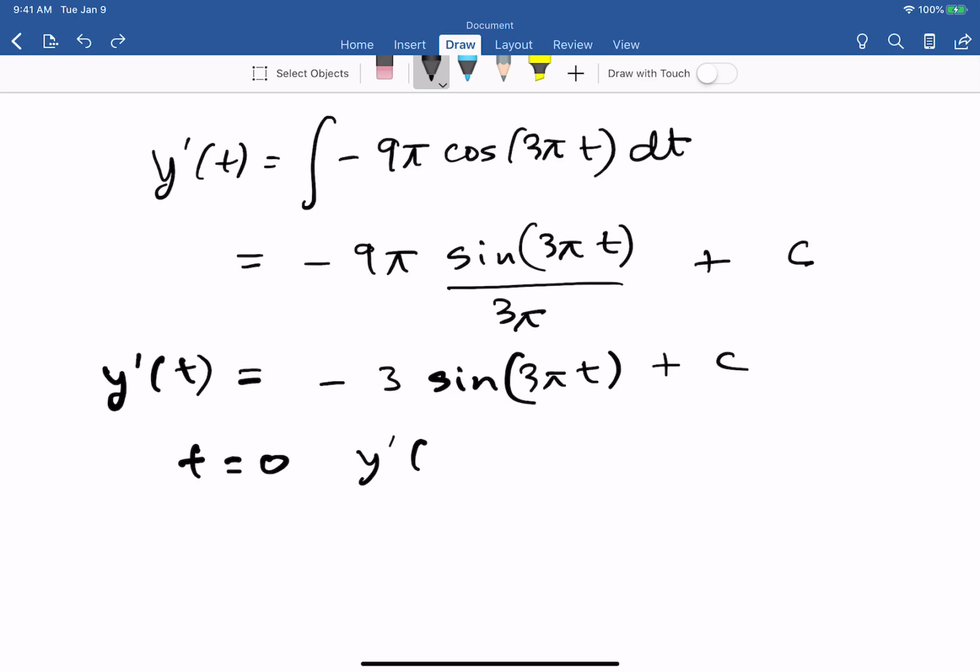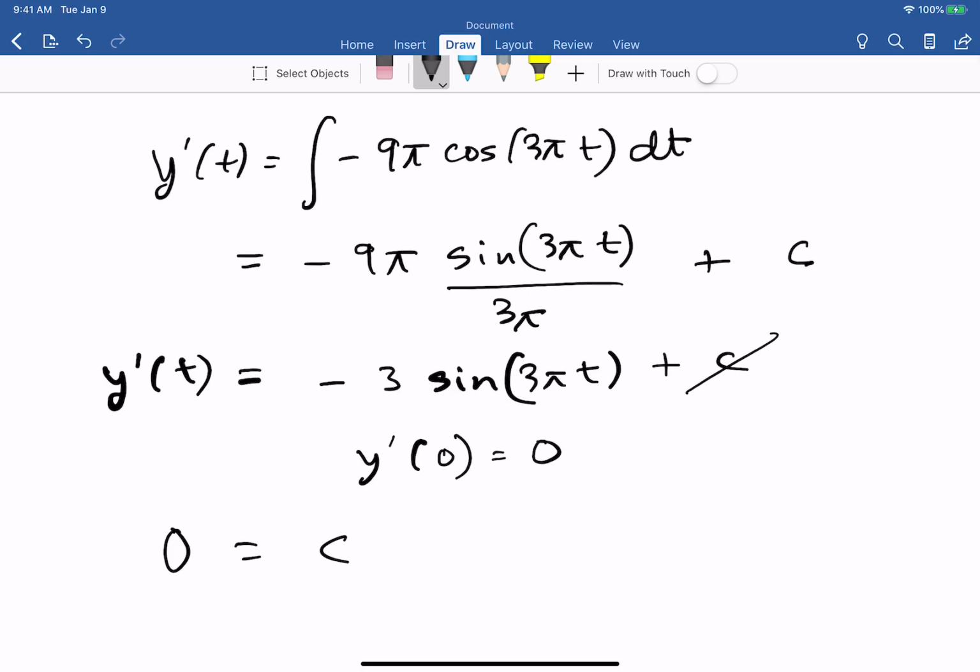At t equals 0, y prime is equal to 0. Okay, I didn't need to write the t equals 0 over here. So let's use that information. If we plug in t equals 0, the left side should be 0. So 0 is equal to c is what we are getting, and that just tells us that this particular constant